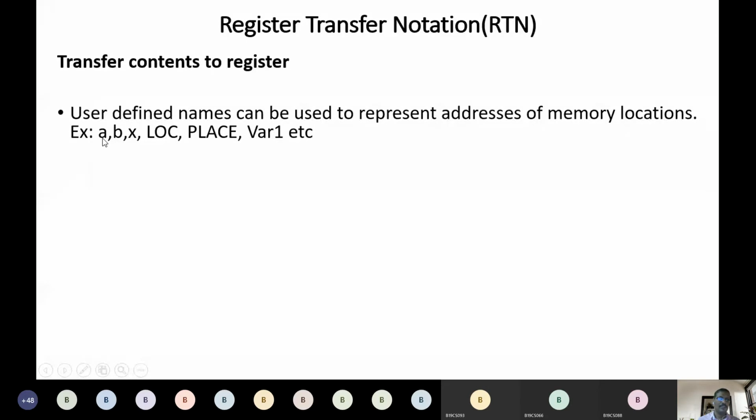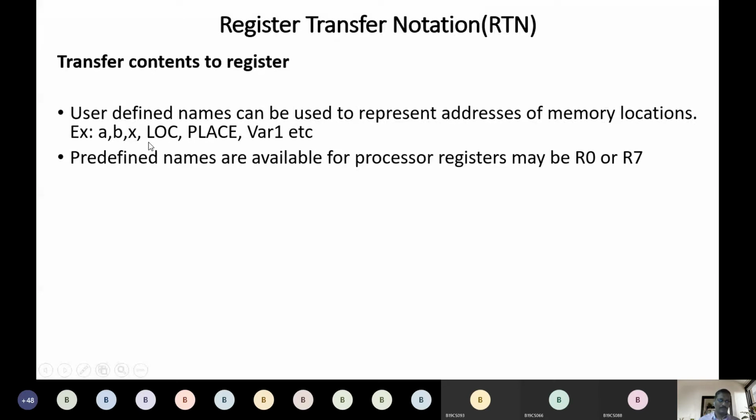A is referring to a location in main memory. When I say int var1, then var1 is referring to a location in main memory. So these are user defined names we give for locations in main memory.